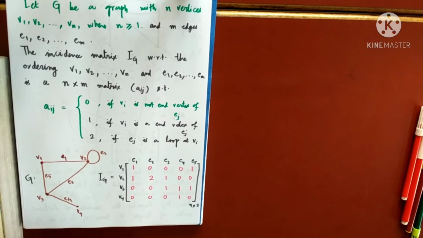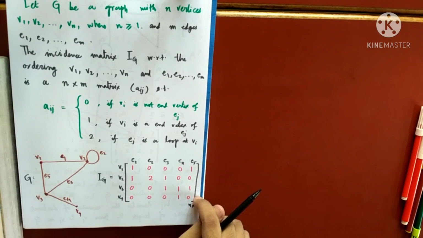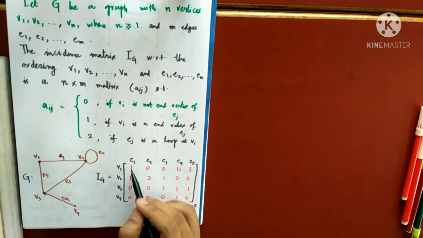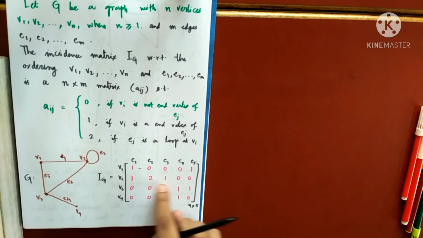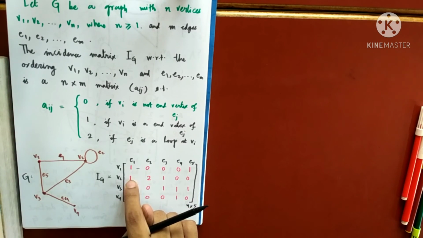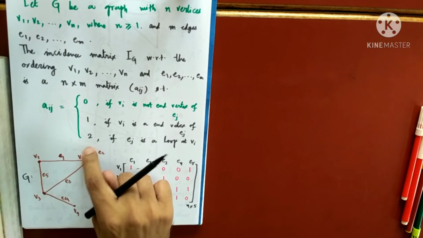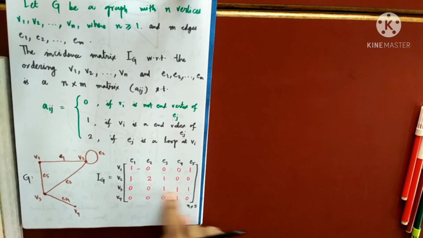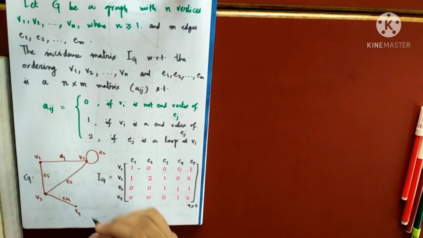One thing is interesting here. The sum of the entries in a row will give you the degree of a particular vertex. Like what is the sum of the first row? It is 2. So the degree of the first vertex is 2. The sum of all the entries in row 2 is 4. So the degree of V2 is 4. 1, 2, and the loop contributes 2 to the degree, so 4. Add this, 3, the degree of V3 is 3. Add them, 4, the degree of V4 is 1.